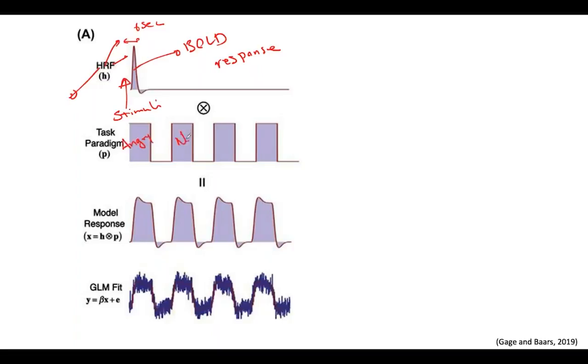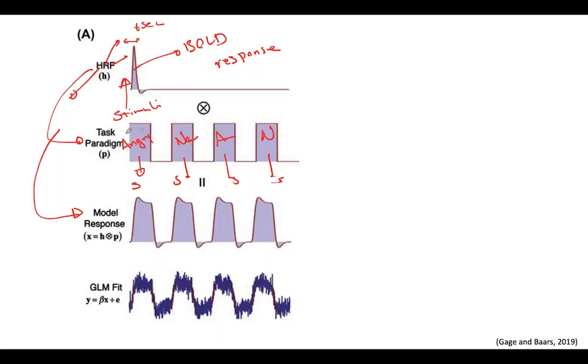And then we show neutral faces here, angry faces, neutral faces. Or here we just give them a sound, and then sound again, and then sound again, and then sound again, and there is nothing in between. So we have a task paradigm, and then we convolve the HRF with the task paradigm to be able to generate the model response. Why? Because this is the signal that we are expecting to have when we show these pictures,